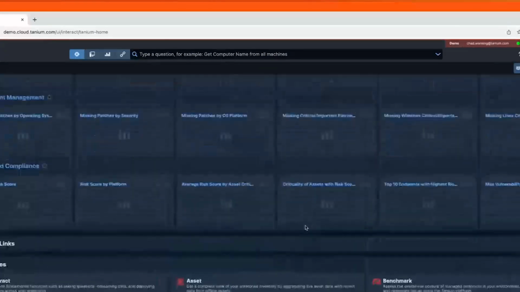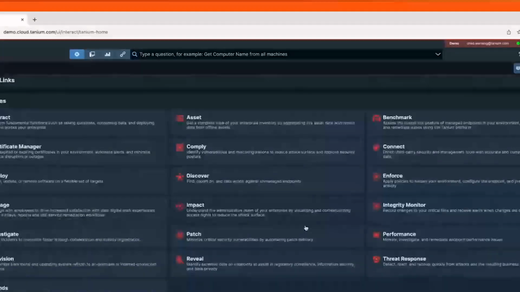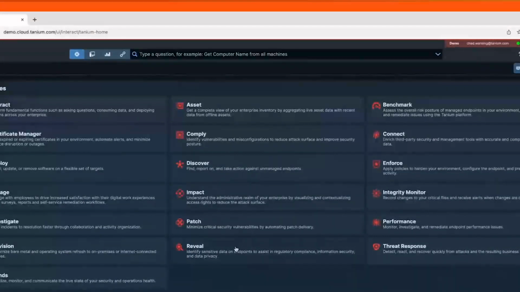When we start talking about sensitive data discovery, performance, or even better, tying performance metrics into end user engagement. So our performance module will look at CPU, memory, disk utilization, right? Hard disk utilization.